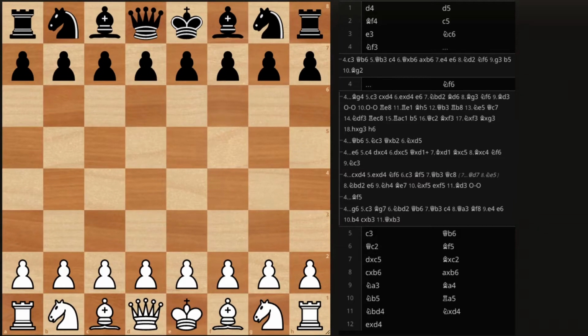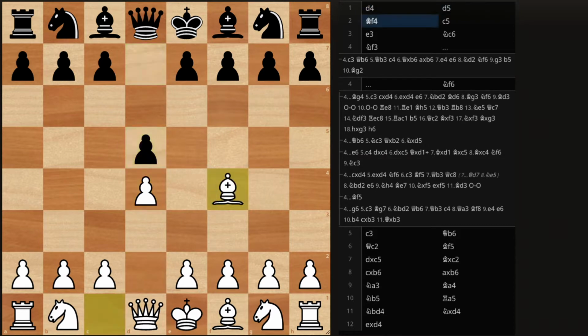The London system is an opening I used to play and now I kind of left it, but it's still pretty popular and I think you should maybe play it if you can, if you want to. So it starts with d4 and d5, and the whole point of bishop f4 is to develop quickly, normally with